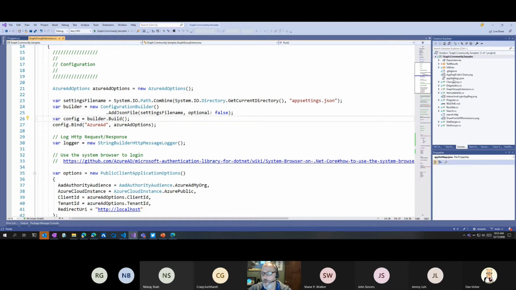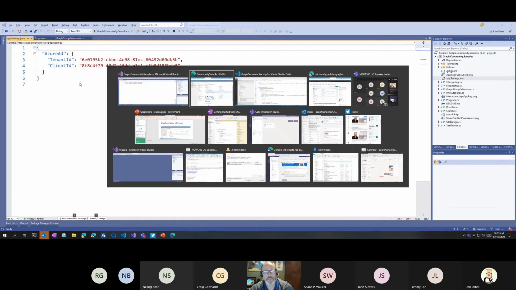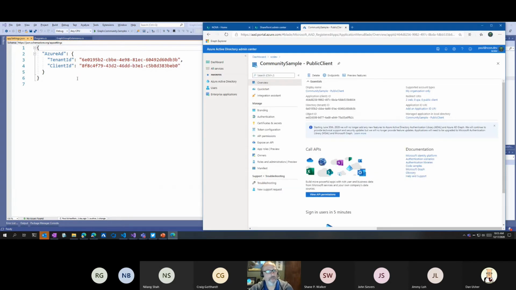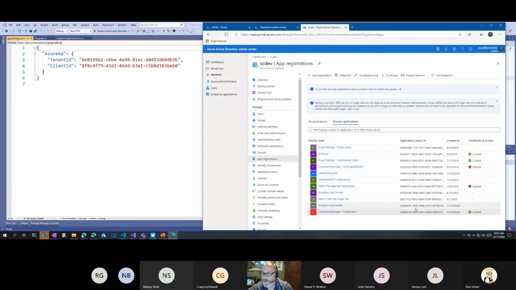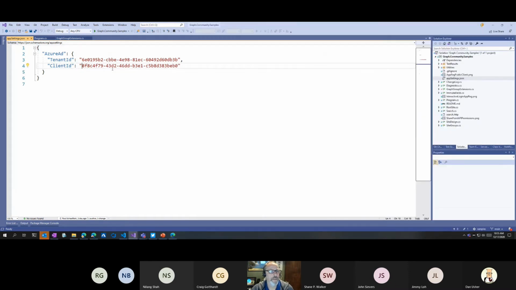So I open up the app settings file, there's that information. I have a tenant and a client ID. Just to make sure I'm looking at the right one, oops, I'm not looking at the right one. Interesting. 8F8... Well, that's interesting. Why is it not there? Let's change that so it works. I copy that, put that in here. Right, now it's the right one.